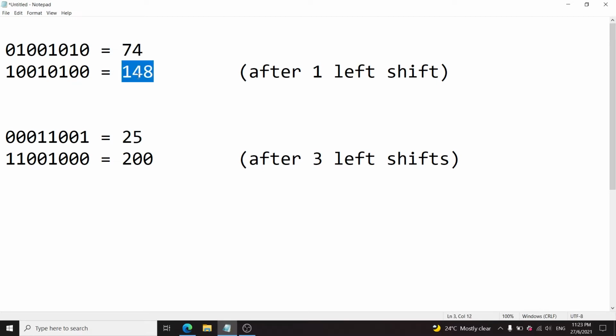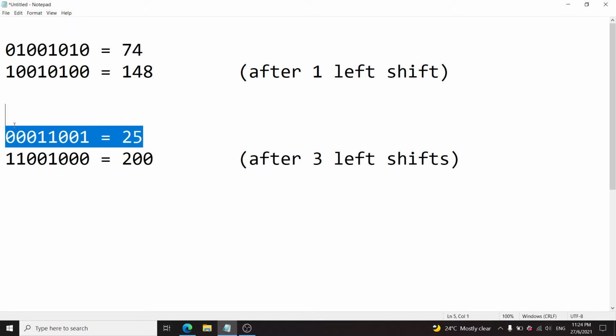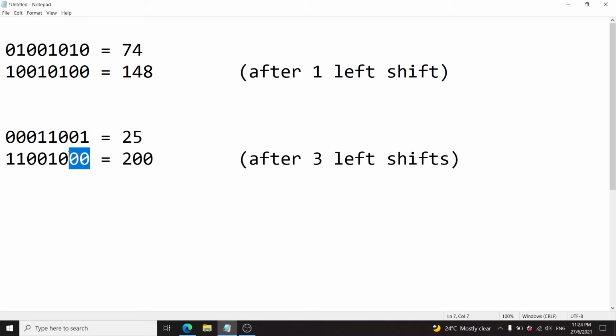But this number here is the double of this original number. So 74 times 2 is 148, and that is the same thing as performing a left shift on this number. This is the same thing for both odd numbers and even numbers. So this was an even number. Here I'm making another example with the number 25, which is an odd number, and this here is the bit representation. I am performing a left shift and I'm shifting that number by 3 positions at once